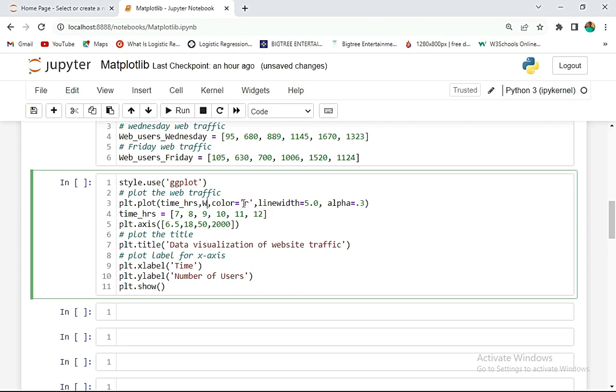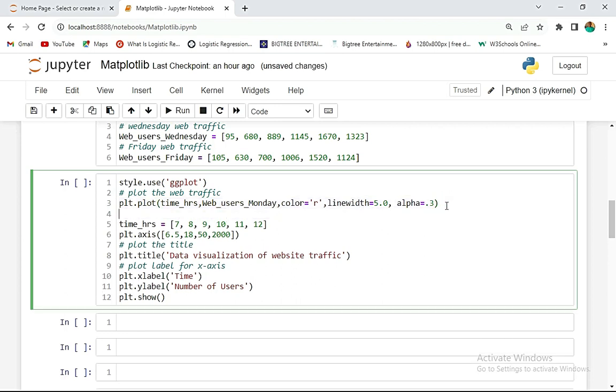So we say web users Monday. Okay, so we'll copy this, copy, then we'll paste,